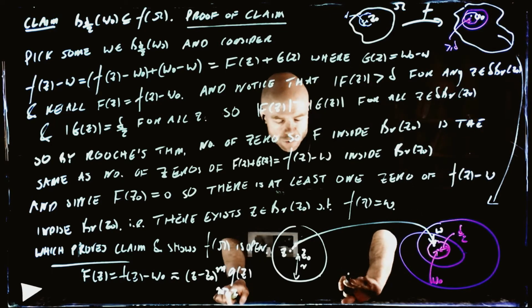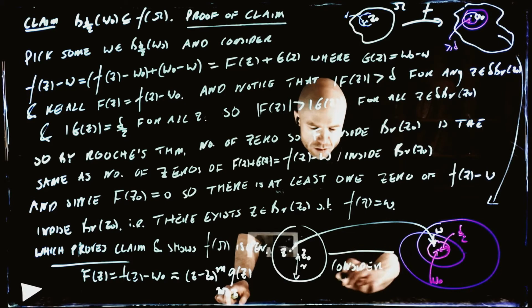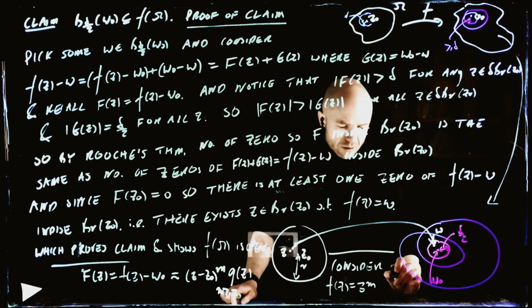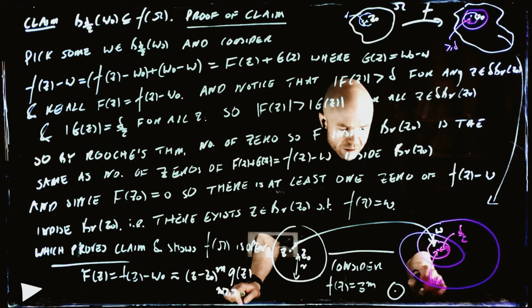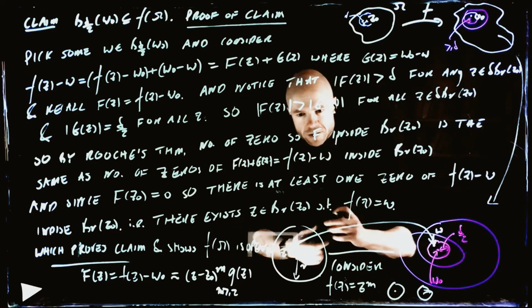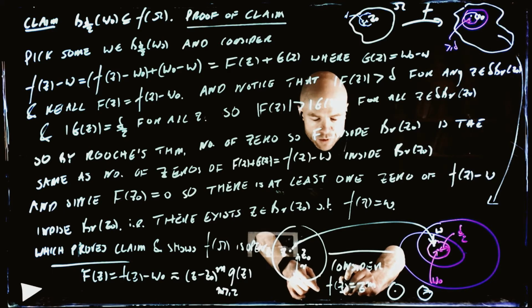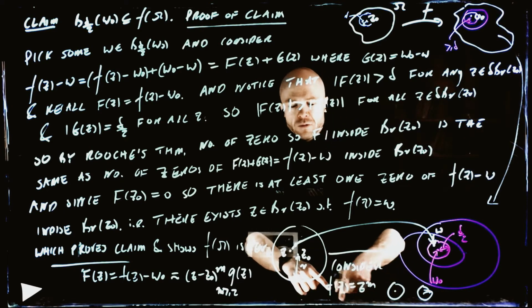Because look, if we just consider this mapping, f of z equals z to the m, then what is it? 0 is sent to 0 in this mapping, but if we consider a small ball of radius r around 0, this is mapped to a small ball of radius r to the m. And that's the worst thing that this thing can do in terms of compressing space, right? So if I just ask you to prove this theorem for this mapping, then where the derivative is non-zero,